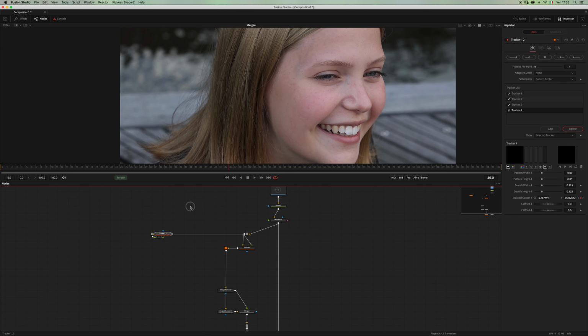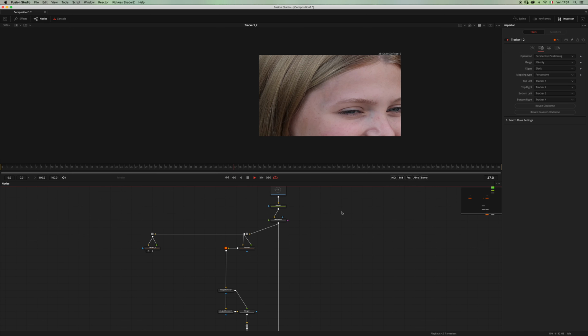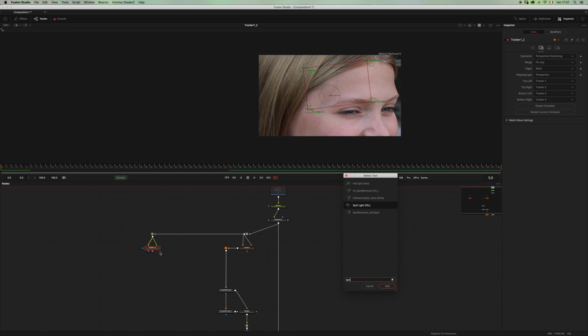Yeah, and again into the tracker, select perspective positioning and foreground only, and again we have this stabilized version of our footage. So again, what I'm going to do is add a spot remover,